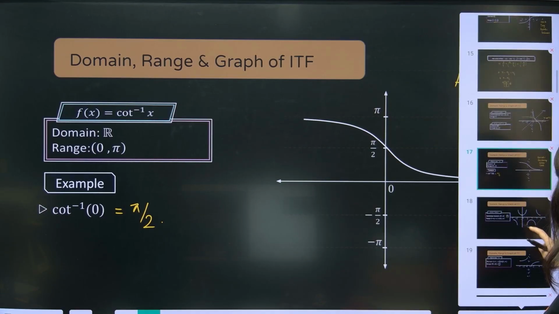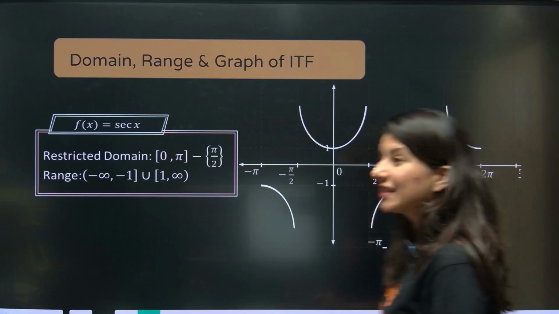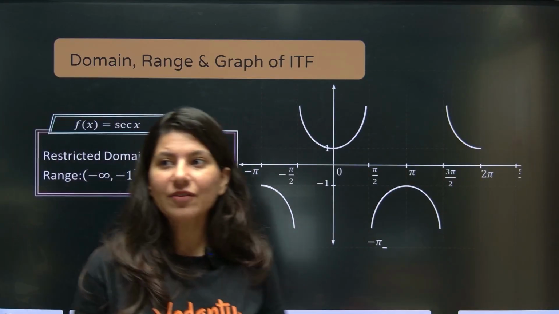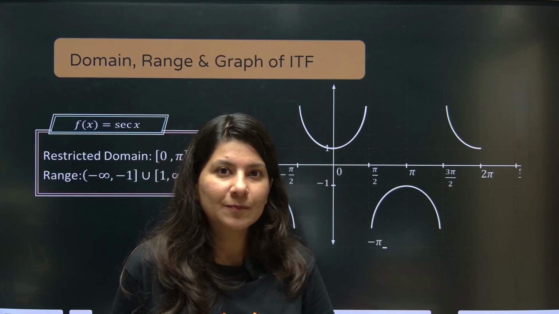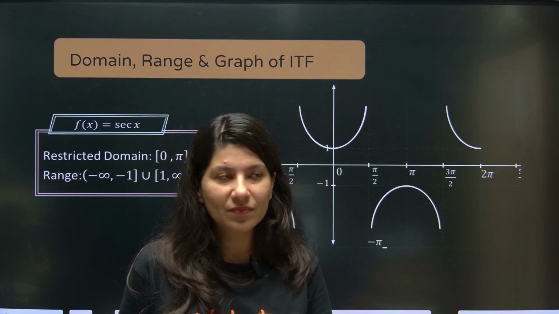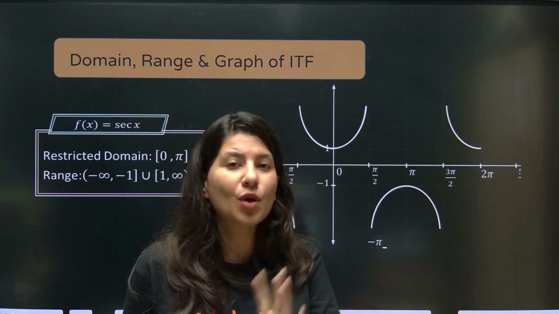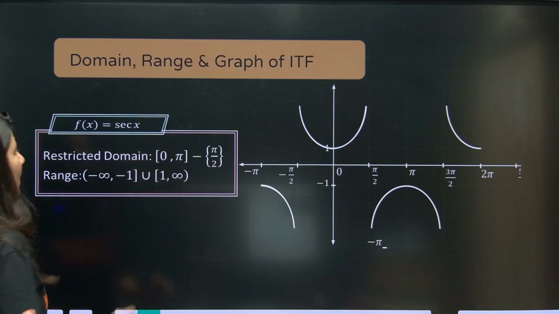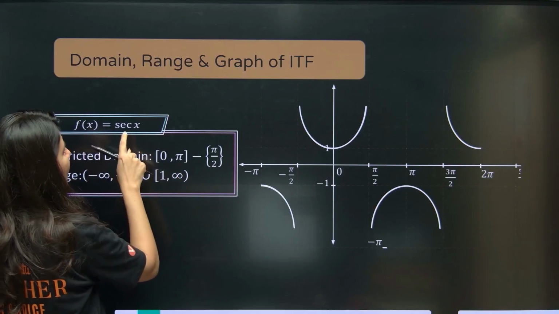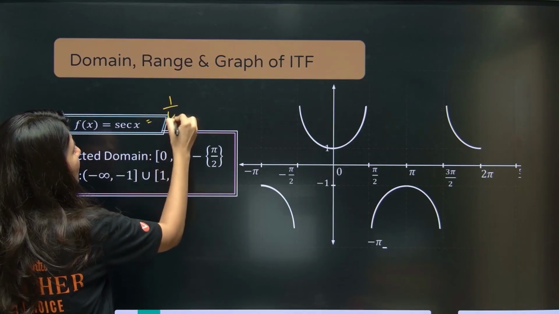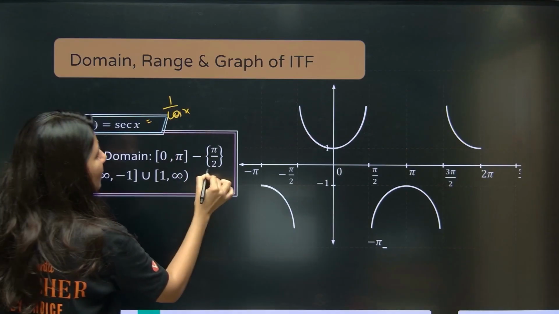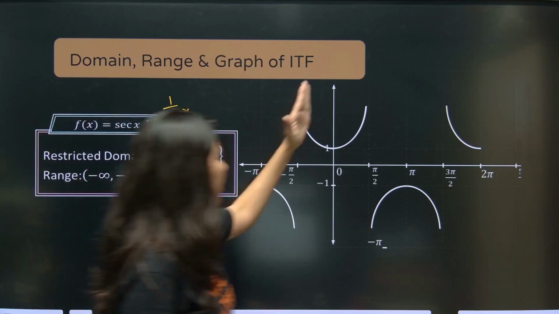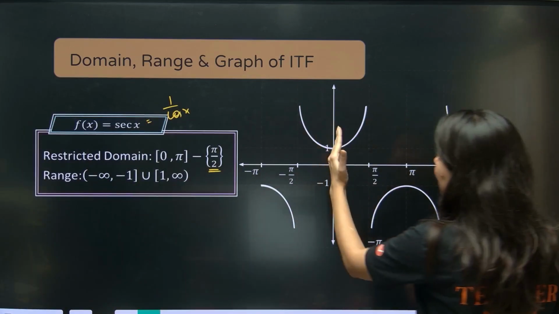Okay. Now the sec inverse x graph. So y equals sec x. This is the graph of sec x. Now understand, whenever we talk about the inverse, what was the quadrant of cos? Ma'am, first and second. So sec also will follow the same thing. But the problem here is that sec x is 1 upon cos x, and cos x cannot be 0. That's why we need to remove this pi by 2. So 0 to pi except pi by 2. The graph will be in the first and second quadrant.